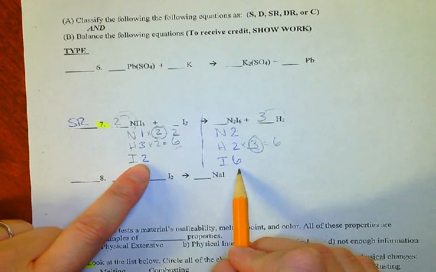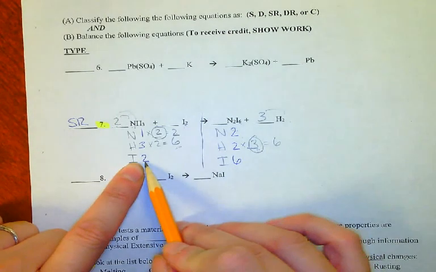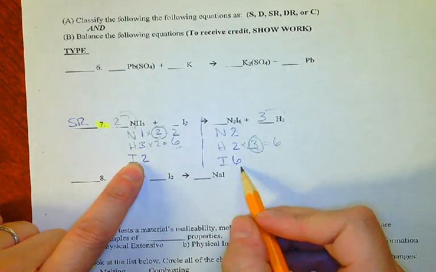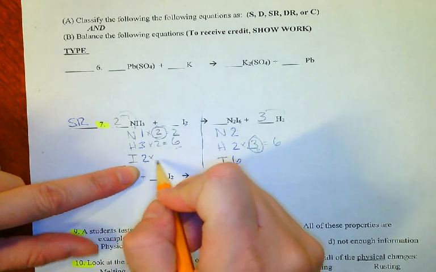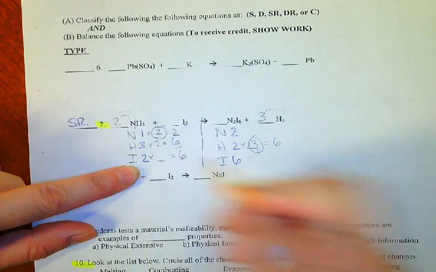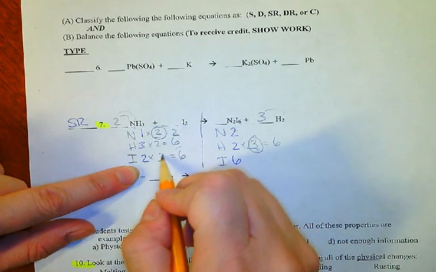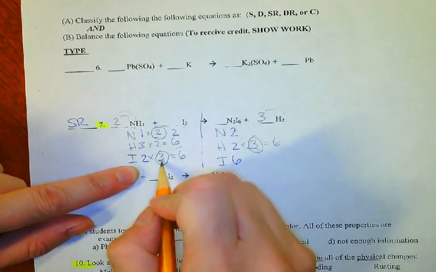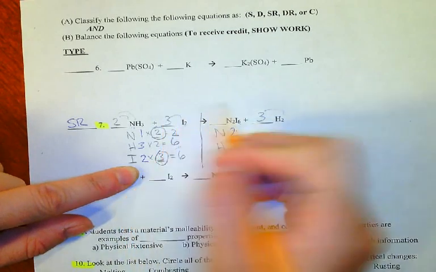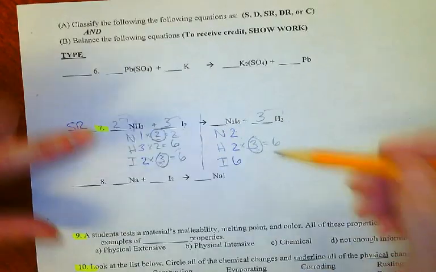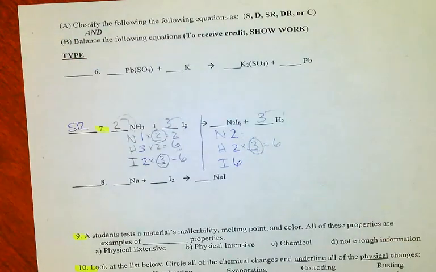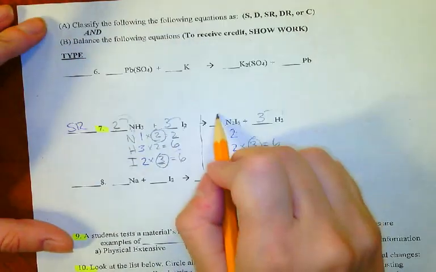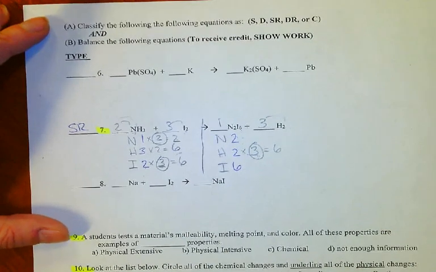And then I look at my iodines. I've got 2 on the left and 6 on the right. So I need to change the smaller side, which is the reactant side this time. 2 times blank equals 6. That would be 3. So I'm going to put the 3 in front of the iodine. And that doesn't change anything else. So 2 nitrogen, 6 hydrogen, 6 iodine. We're done. Which means that one's just times 1. Alright,